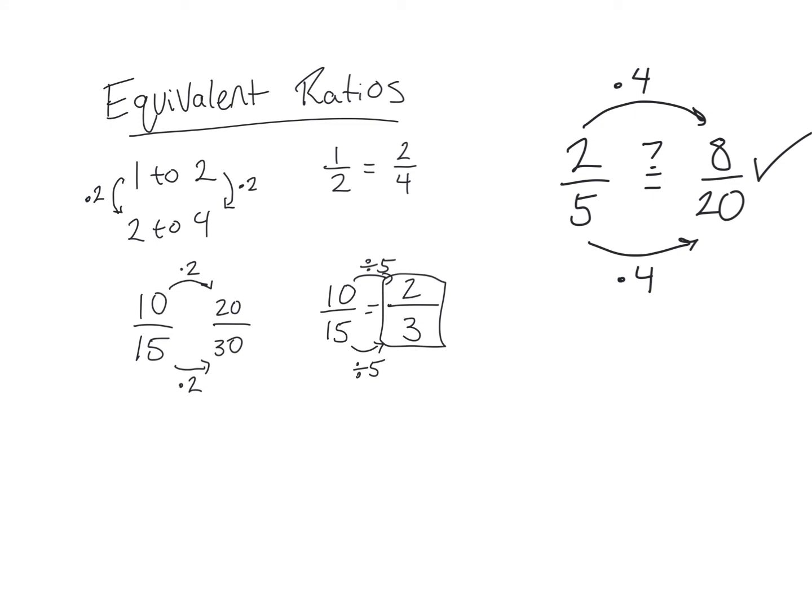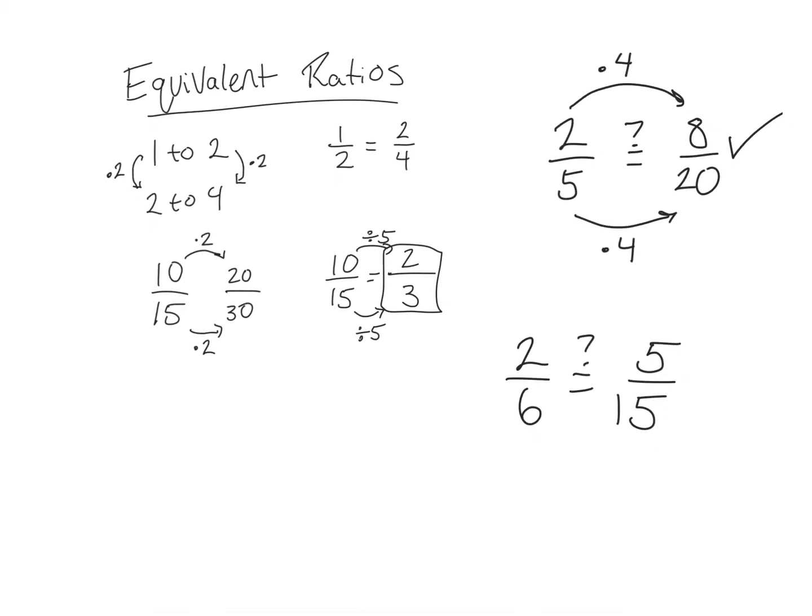Okay. However, sometimes we will be given two ratios that can't be multiplied to get to the other one. So let me show you an example of that. If we have something like 2 sixths and 5 15ths, we're trying to figure out, are those equivalent? Well, I can't multiply 2 times a whole number to get to 5. I could figure out if potentially there's a decimal or a fraction to multiply it by,